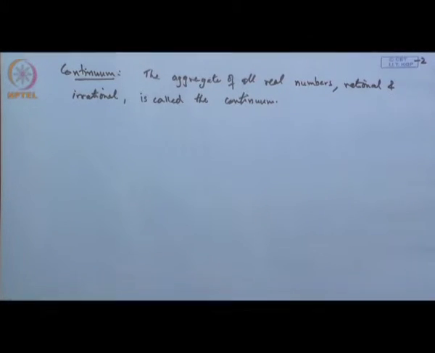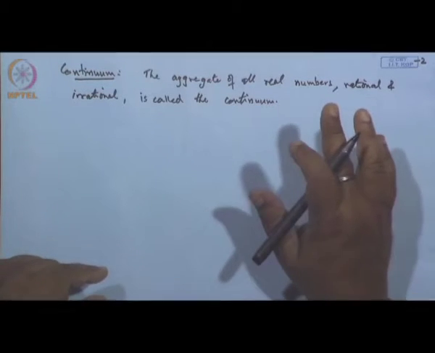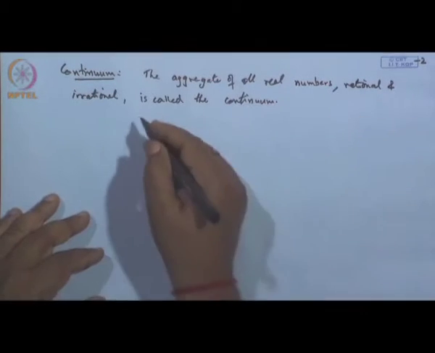So, basically the set of all real numbers, the aggregate of all the real numbers, rational and irrational, we call it a continuum. Now, this continuum is complete, this is a complete set,